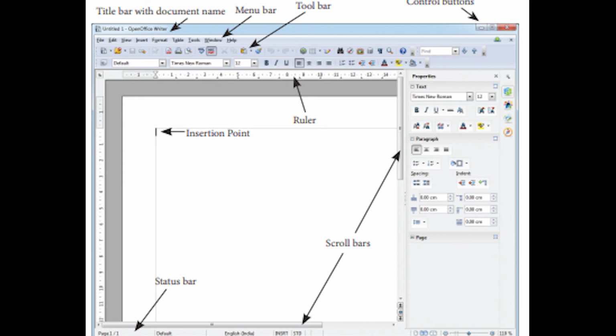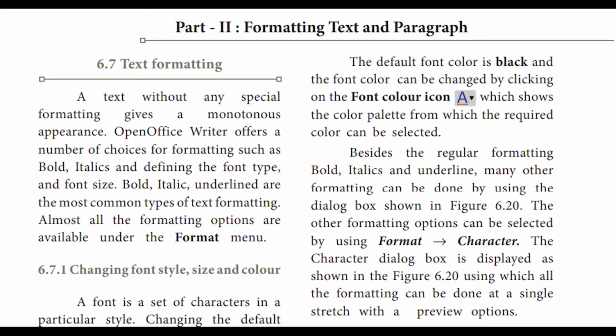And the second part, you will be learning about formatting the text and paragraph. That means simply you will be typing a text, right? Sometimes if you want the text to be aligned in the left, you can align it in the left. If you want it to be in the center of the page, you can align it in the center. Likewise, you can format the text which you have typed. If you need it as a bold one, you can select the particular word and make it bold, or you can select the particular heading and make it bold or italics or underline. All these options are there. About this and all, we'll see in the next classes when you are learning about this chapter clearly.